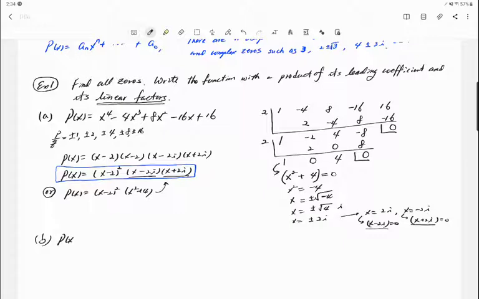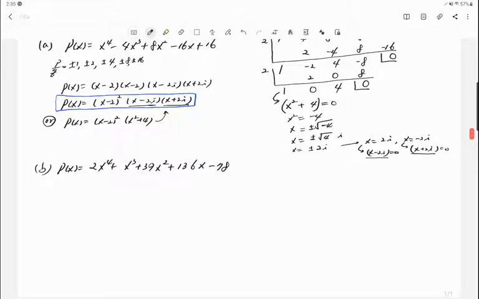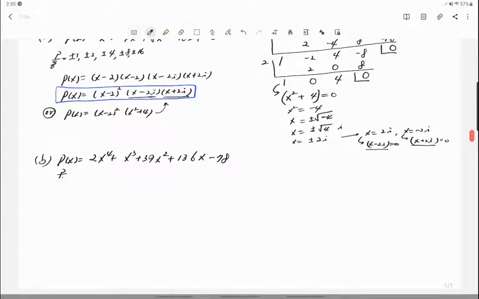Okay, the polynomial is now 2x to the 4th power plus x cubed. Now, when we factor a polynomial, it takes a lot of work because we need to use synthetic division and then try all the possible rational factors. So it takes time actually. So P over Q, and then the possible real solutions are